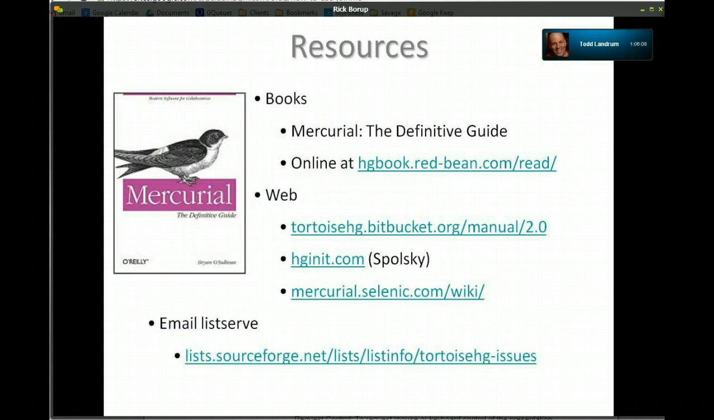For further resources, here's a short list: a couple of books, actually one book available both in print and online, and a couple of resources on the web. The hginit.com, the one from Joel Spolsky, has been around for quite a while, but it's still pretty good. It's a nice introduction. And the email listserv that I referred to earlier is very active. It's called Tortoise HG Issues, but it also gets Mercurial comments, and you can subscribe to that. Be prepared for a large number of posts to that listserv, even more than on the FoxPro listserv, or ProFox,